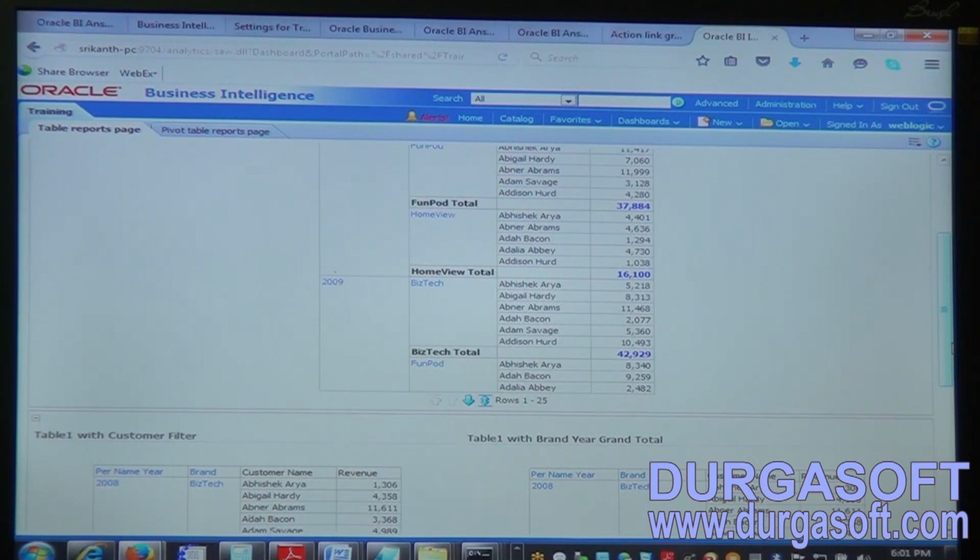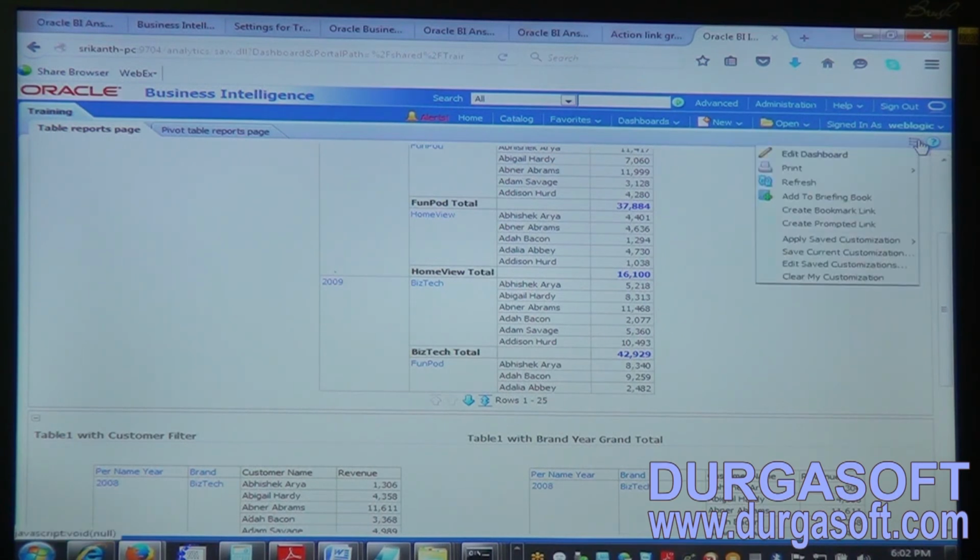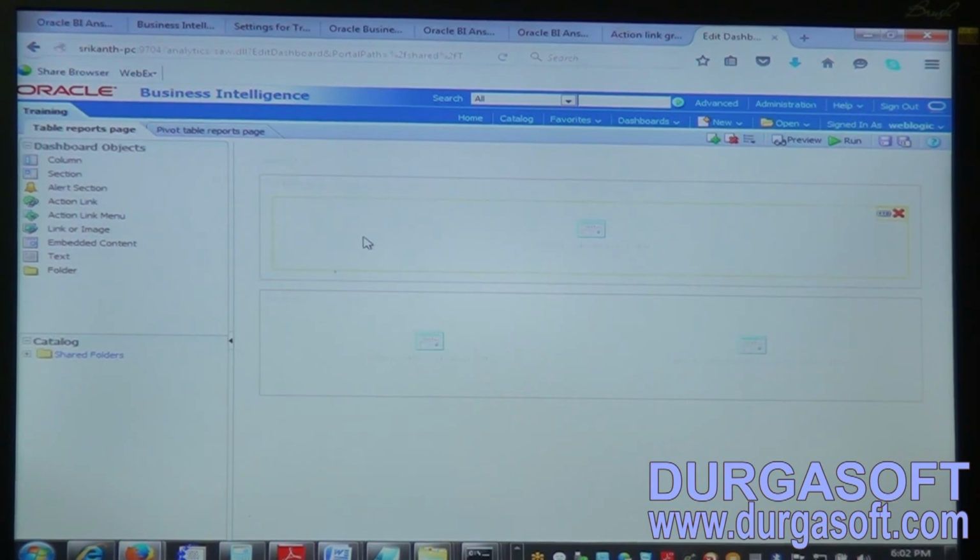So here now I want to create another page. For that, once again I'll go to edit dashboard. At the corner we can see a drop down list, edit dashboard, and we'll be selecting new page.